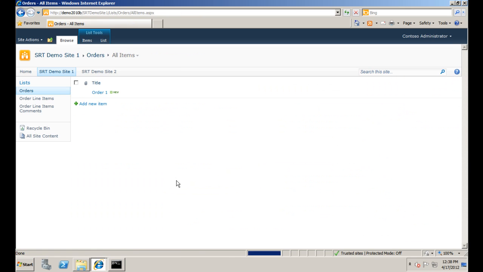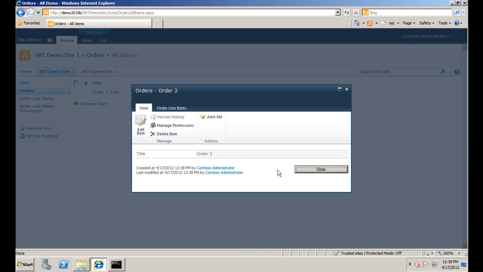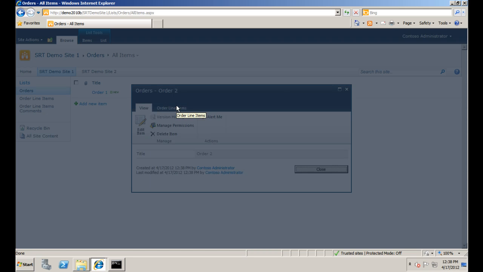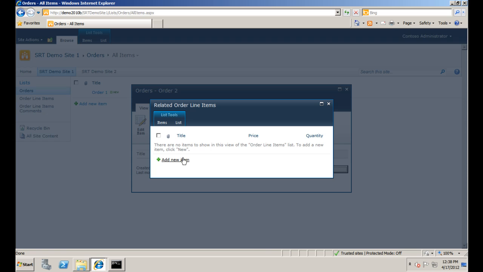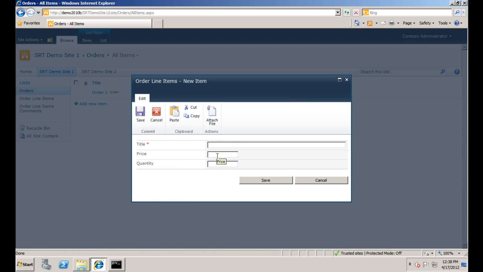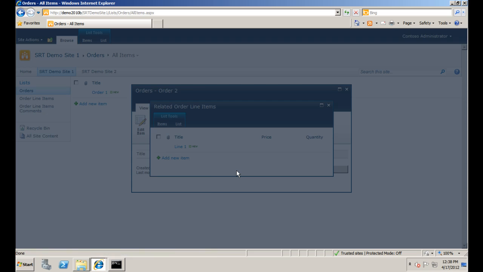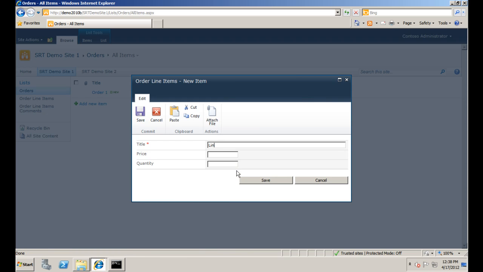Let's see if this works a little bit better for us. So we add new item, we go order 2. Takes us straight into the order 2, and I can go click in and add item straight away. So that's quite handy. Now for every item here I add, line 1, I won't put in the other values now, you know where we're going with this. Line 2,